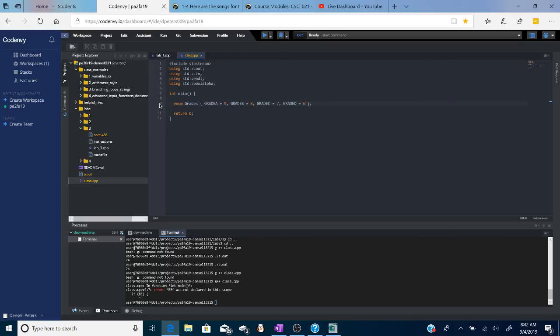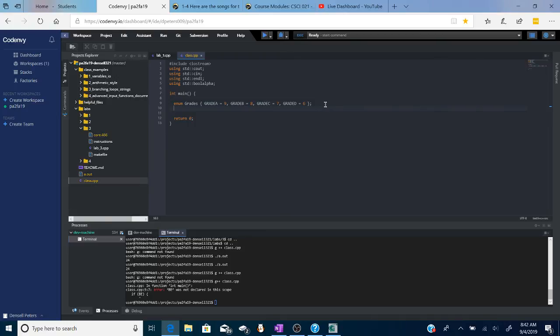Because later on, it's going to make our code more readable, right? Because I won't see a 9, I'll see things like grade A. And then the other thing is that they won't change, right? Remember, constants don't change. And I'm going to do this because you're going to use it with a switch statement. And so I'm going to create